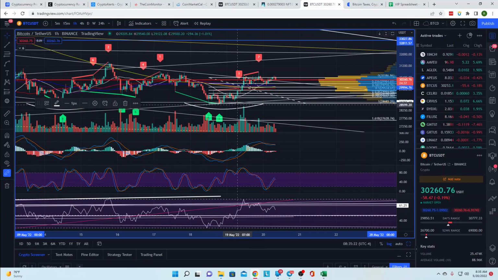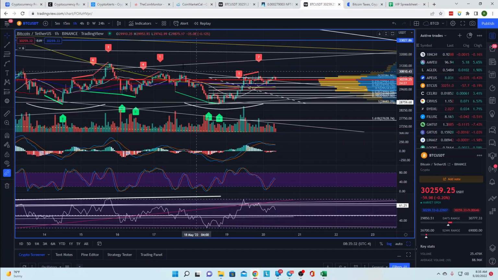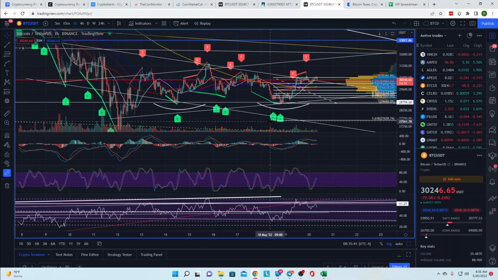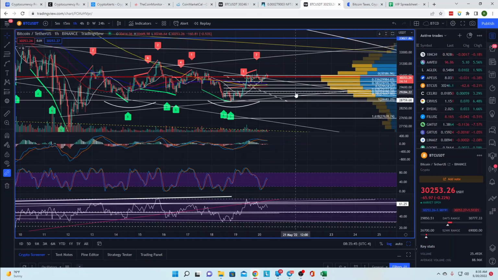This one's textbook. You can't get a much more perfect inverse head and shoulders than that. It went ahead and hit the measured move. We talked about it yesterday. I said it's probably tough to believe that it's going to break back up into the ascending part of the pattern, which, if I drew another trend line here, it basically did. And then I sure as heck didn't expect it to get as high as it did at all until the day started wearing on. And then I was looking at 30,500 and 30,700,